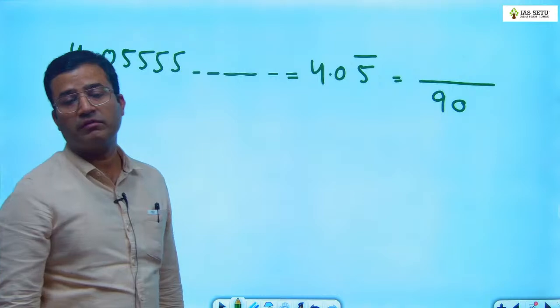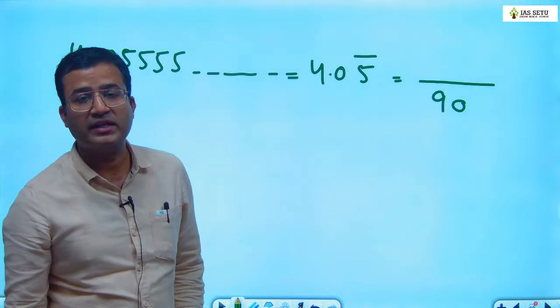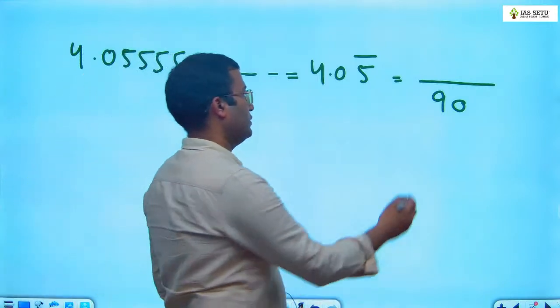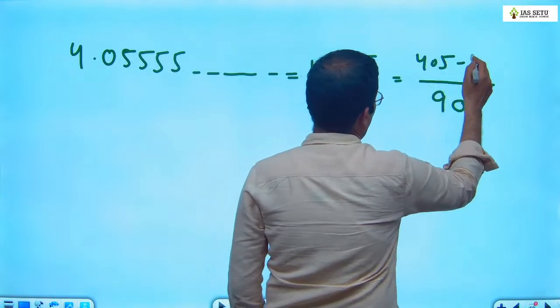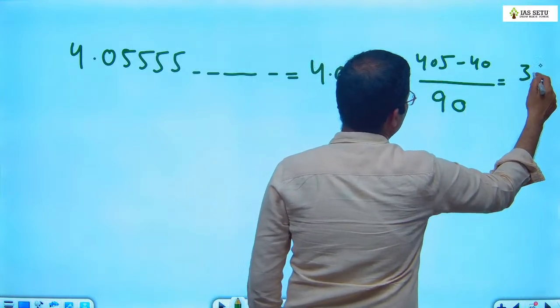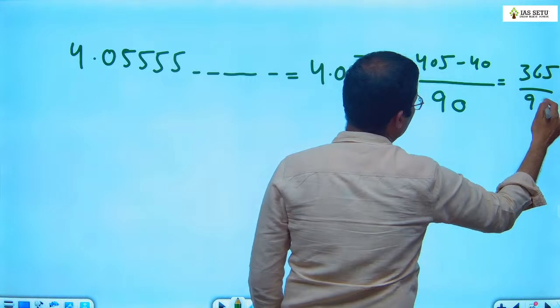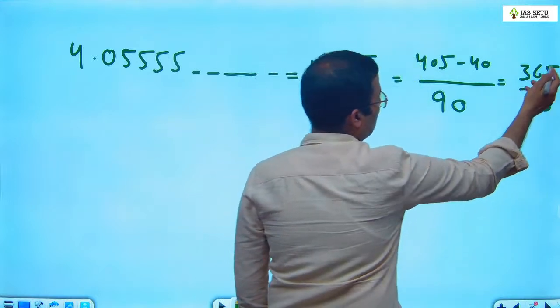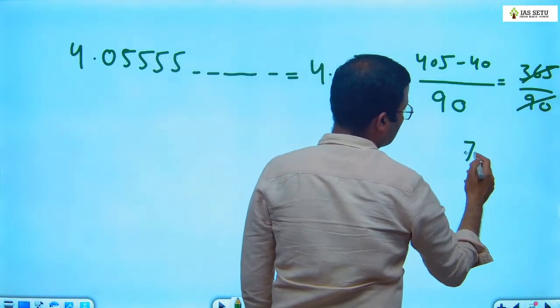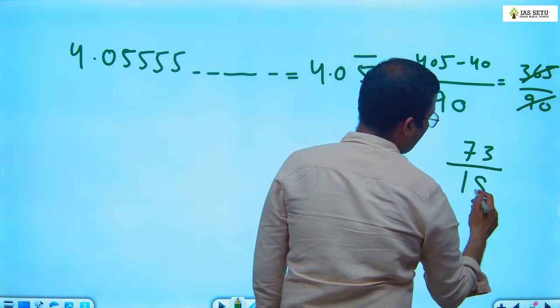Tell me, what is the numerator? 405 minus 40. 365 divided by 5. If you have simplified, what is it? 73 upon